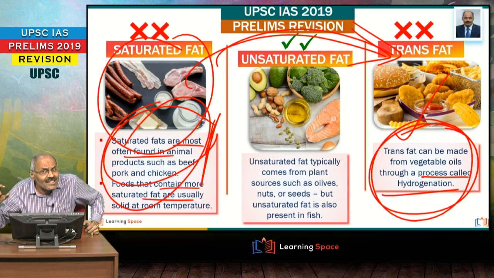And what is good for health? Good for health are unsaturated fats, and they come from plant sources mainly, olives, nuts, seeds, and they are also present in fish, please don't forget. So these are unsaturated fats which are good for health. So having learnt about saturated fats, unsaturated fats and trans fats, now the Replace campaign is reducing trans fats to